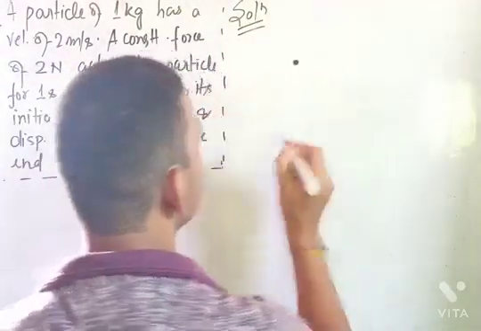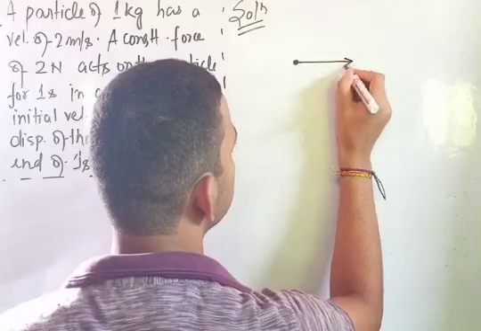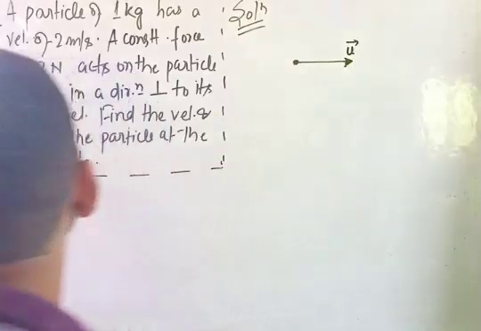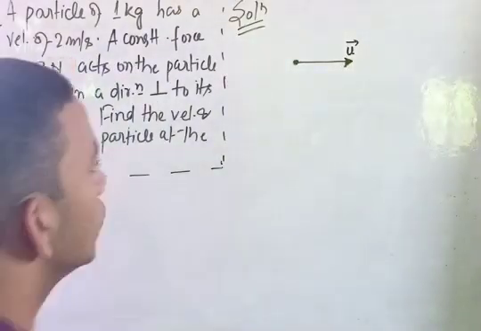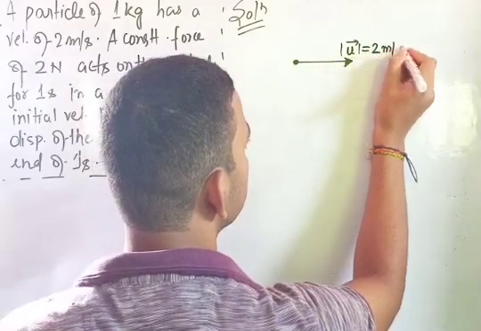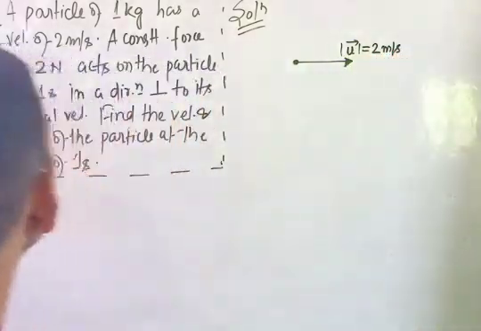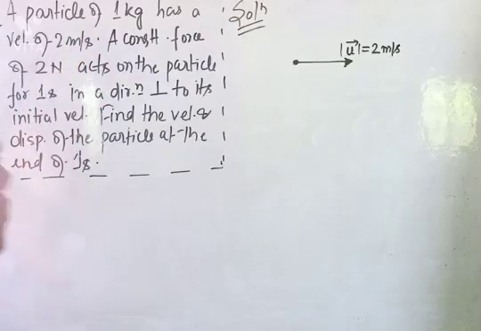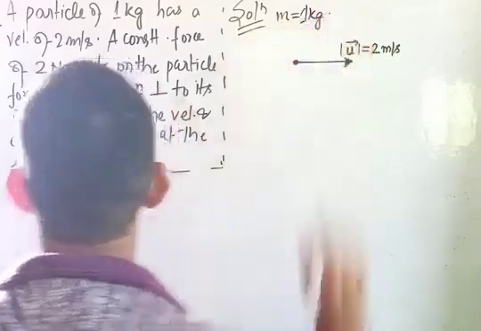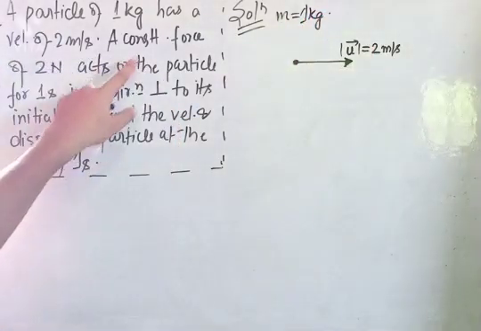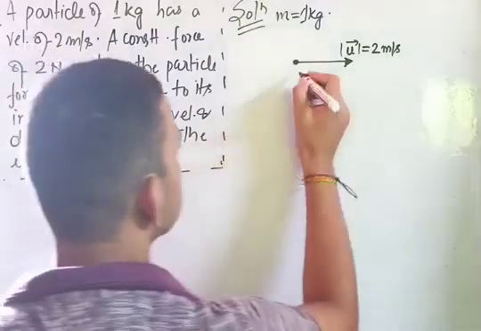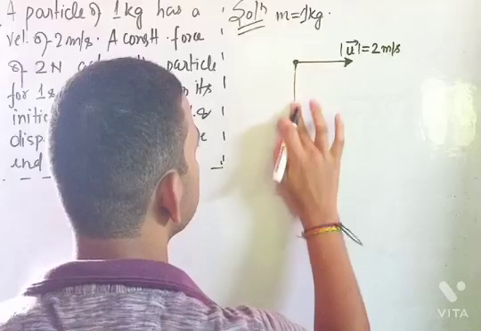Suppose the particle is moving in this direction. Let this be the initial velocity u vector, and its magnitude is given as 2 meter per second. Now we have been told that mass of the particle is 1 kg, so we can write m is equal to 1 kg. And a constant force of 2 Newton acts on the particle for 1 second in a direction perpendicular to its initial velocity. Suppose in this direction